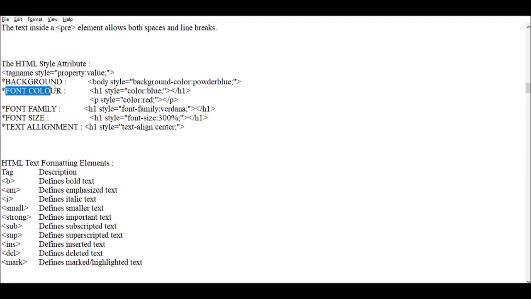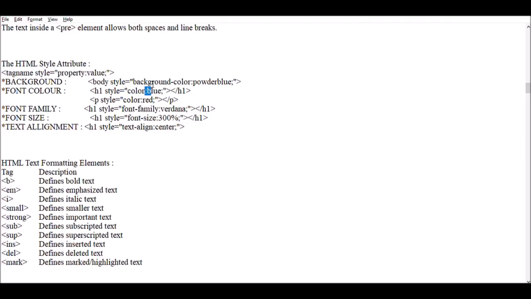Then if you want to change the font color of a particular element, for example, if you want to change only the heading 1 color, then you should apply style as an attribute of the h1 element. The property of style to change the font color is color, only color.